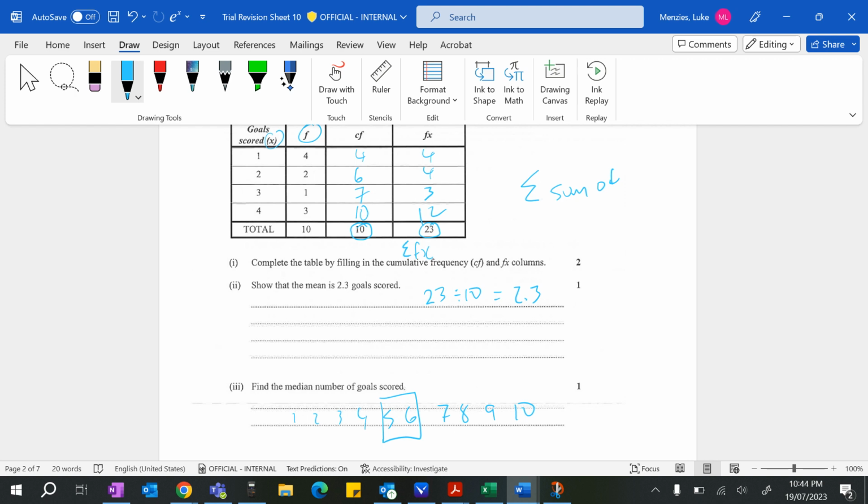Okay, so we want to take the middle two, or we want to find out what's halfway between the fifth and sixth number, is what we're really saying. So where does the fifth and sixth number occur? So the way to read this is,